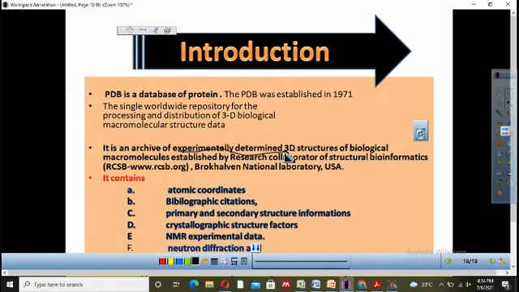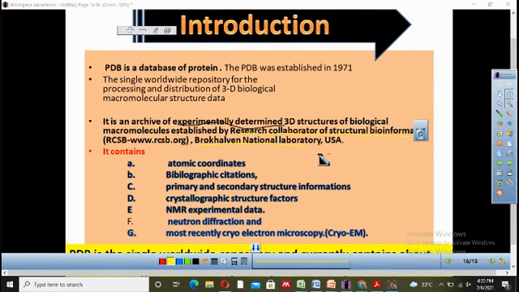Initially it was established by the RCSB, that is Research Collaboratory for Structural Bioinformatics, at Brookhaven National Laboratory, USA. This data can give you information about the atomic coordinates, bibliographic citations, and primary and secondary structure information,